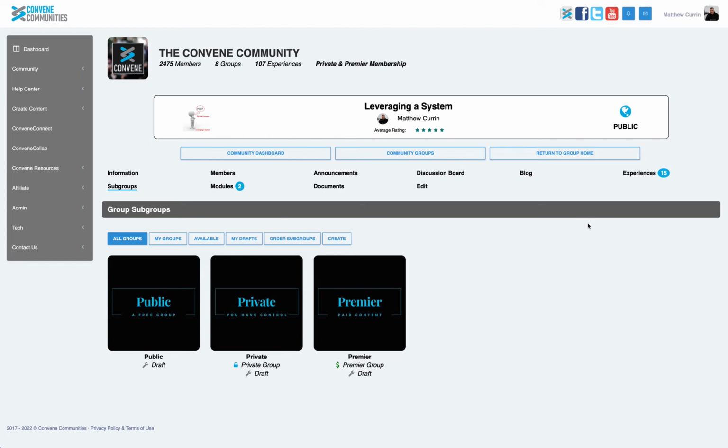Now, a private group, you as a group creator, you have control of who comes in and who goes out, or who comes into the group and who has access to the group. I can do that one or two ways. I can send an invite to the group. That'll automatically allow that member to enter the group. They become a member right away when they click on that email. The other thing that I can do is I can accept a request. So if a member requests to go into my group, I can look at it and see who that person is and see if I want to accept them. Now, in thinking about this, who might use a group?